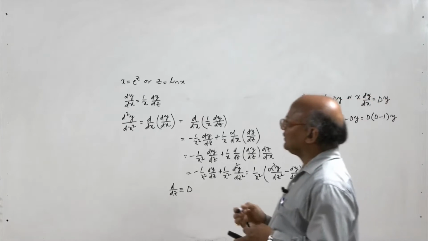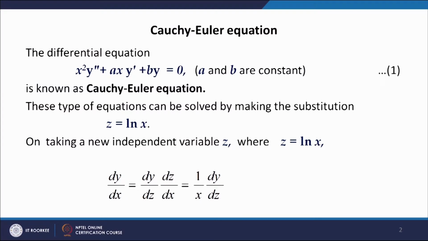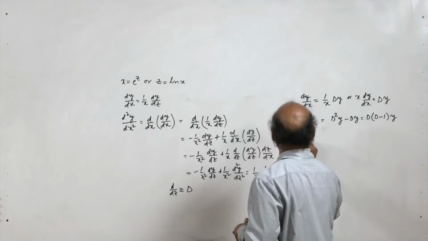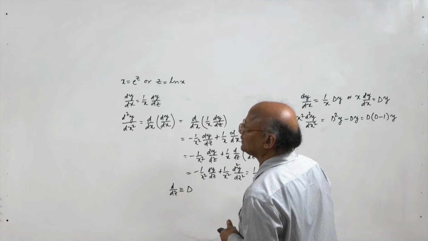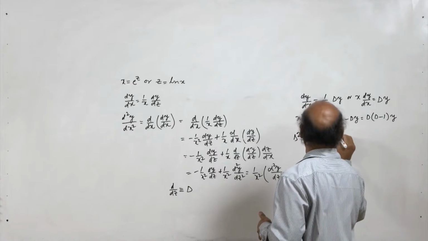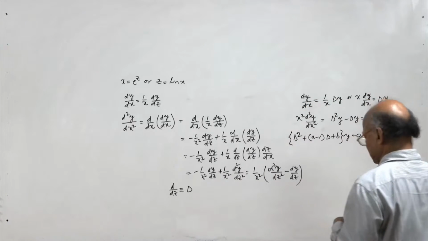Now, the equation 1 can be written as x square y double dash is D into D minus 1 y, a times x y dash is a Dy, and then we have plus by equal to 0. So, we get the operator D into D minus 1 plus aD plus b operating on y equal to 0. Now, this is nothing but D square plus a minus 1 into D plus b operating on y equal to 0, which is a linear differential